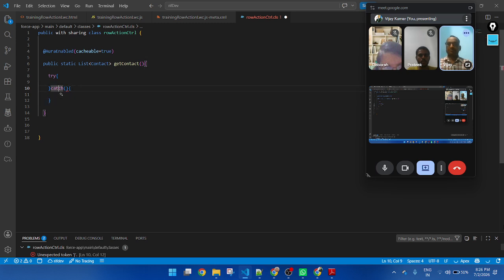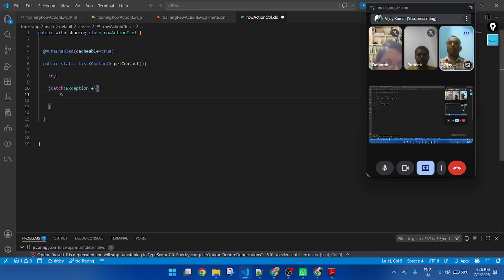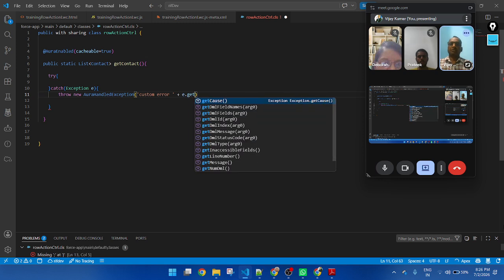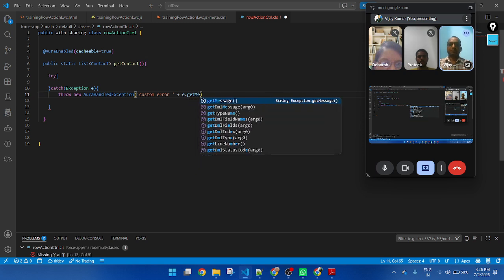In the catch exception, if you are using this method in the LWC component, use throw new AuraHandledException. Then pass the error message plus e.getMessage(). This is a function, this one.